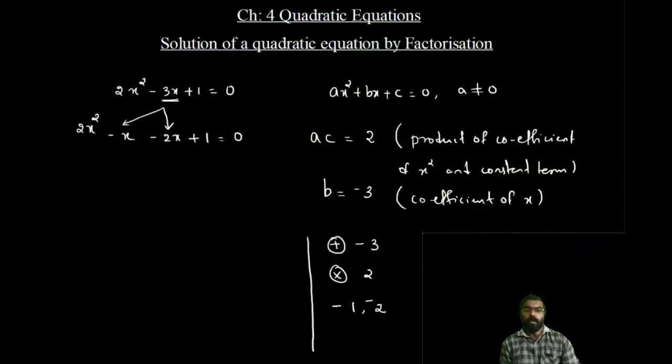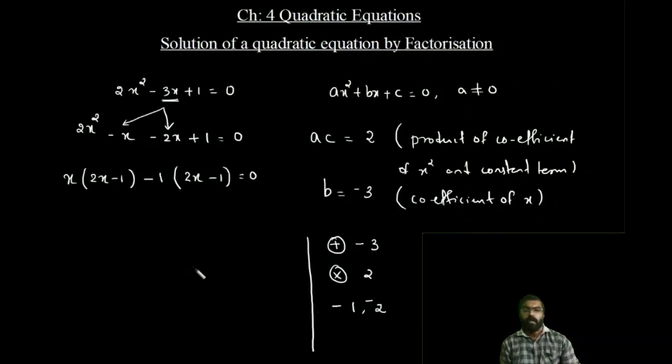From the first two terms we can take common factors. Here from the first two terms we can take x as a common factor. So what we can write is x into 2x minus 1. Then from the next two terms we can take minus 1 as a common factor. Here we can see there is no common factor other than 1, so we can take 1 as a common factor. Here we write minus 1, so minus 1 into, inside the bracket, 2x, then this plus 1 becomes minus 1.